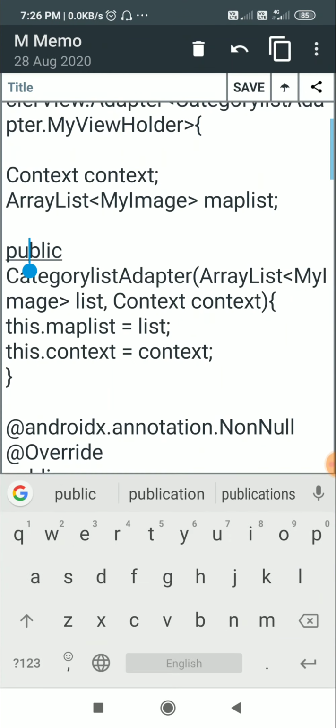So this thing is the constructor. In this I set this list which we have entered to the my list, which is an array list my image, and I set this context to the context.